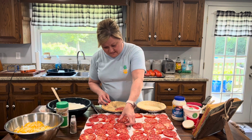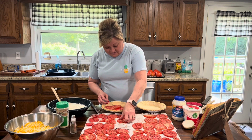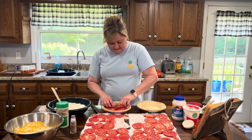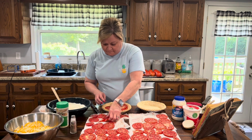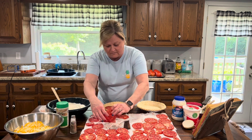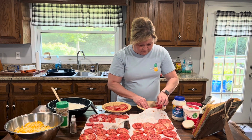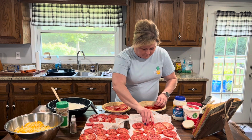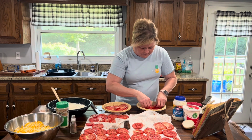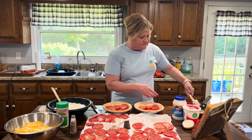I'm going to layer these tomatoes in. And I may have cut too many tomatoes. This is a lot of tomatoes, guys. But I'll make it work best I can. Let's see, let's use these bigger ones on the bottom. Okay. So it looks like I'm getting about 5 large slices in there, and then I'm going to put these onions